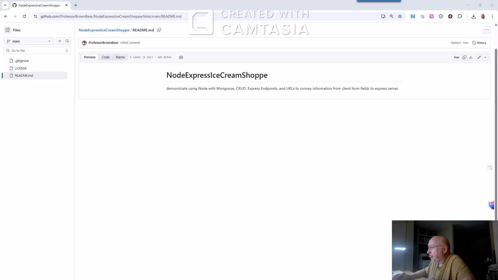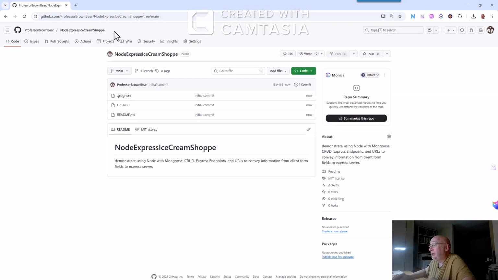Now I need to do something called getting a personal authentication token to work on my client end. Anybody who's interested in this, if you really need to see this and you really want to get into the DevOps and the GitHub, I'll set up an extra hour sometime, like Saturday, Sunday, whatever. I'll volunteer a little bit of my time to run a separate class for it. But for right now,